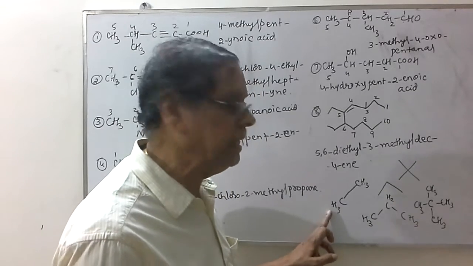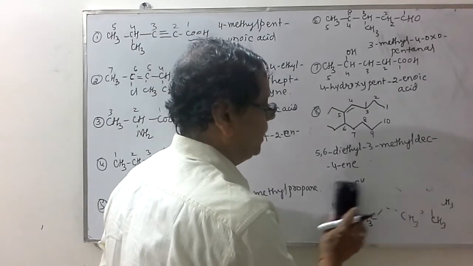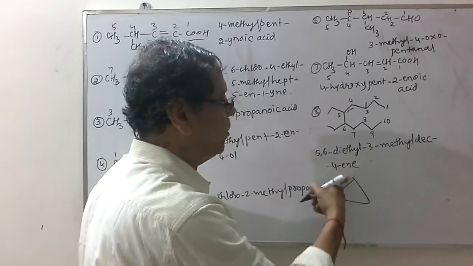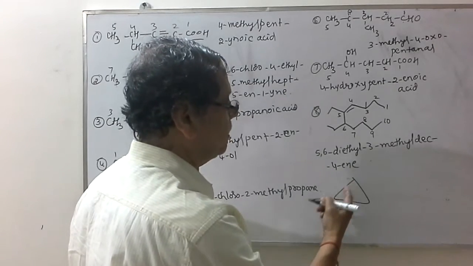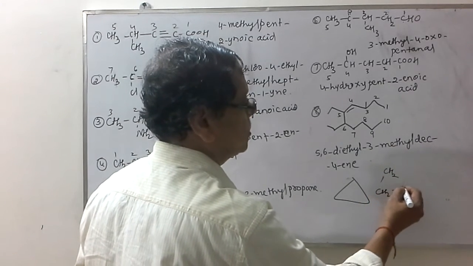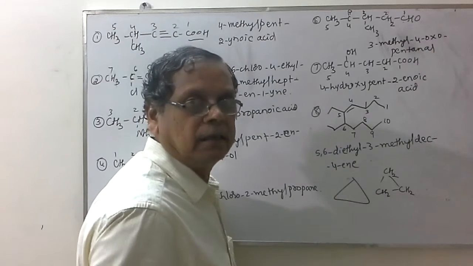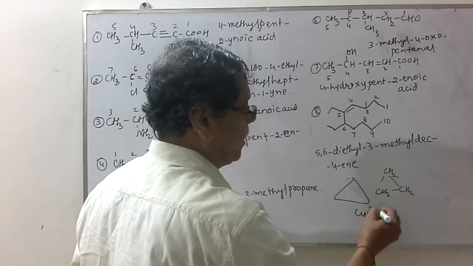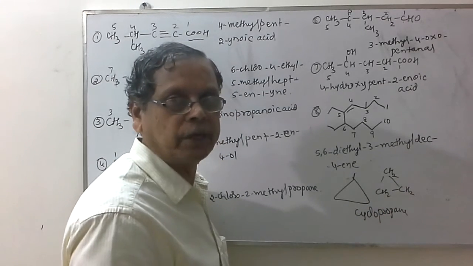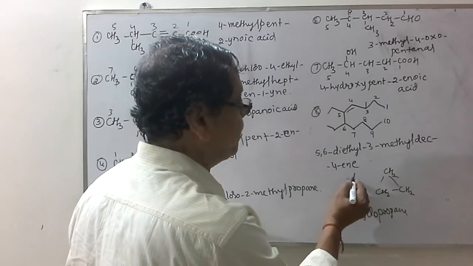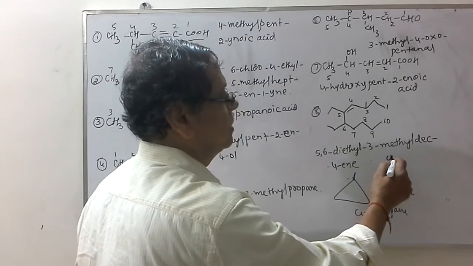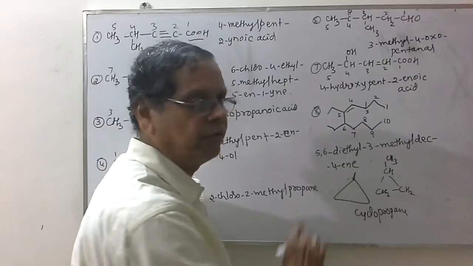This is propane, this is ethane. Like that. Suppose I write like this. Some more such examples. These are actually line formulas for the cyclic compounds. So each carbon atom is indicated at the corners. So it is CH2, CH2, CH2. It is a cyclopropane. Suppose I write one more line at this position. By mistake if I write like that, then it should be considered as the methyl group at this position. So in place of one hydrogen atom, we should write one CH3. So these are all called the line formula.